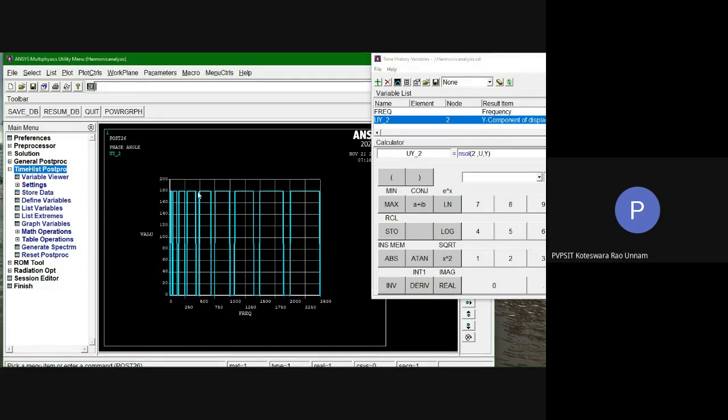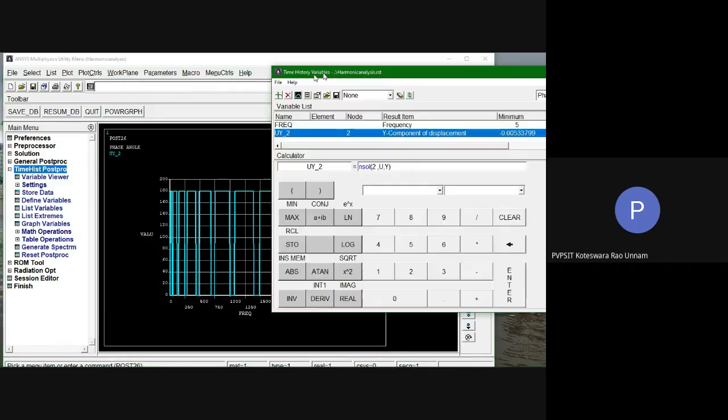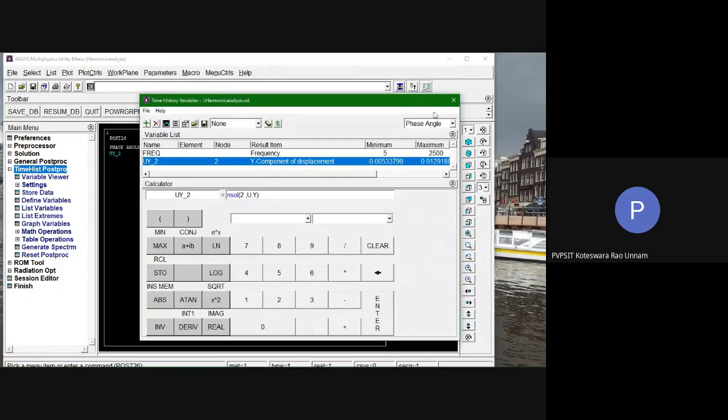See, now you can see the phase angle is 180 degrees or 0 degrees. As I already told you, in the case of an undamped system, your phase angle is 0 or 180. You can see the lines: here it is 180, here it is 0. You need to take this image and paste this also in your record. Log scale is not required here because it is easy to read the values from 0 to 180. If you take log scale, you will get 10 power minus 2, something like that, which is not recommended here. So you take it like this, take the image, and paste it in the record.